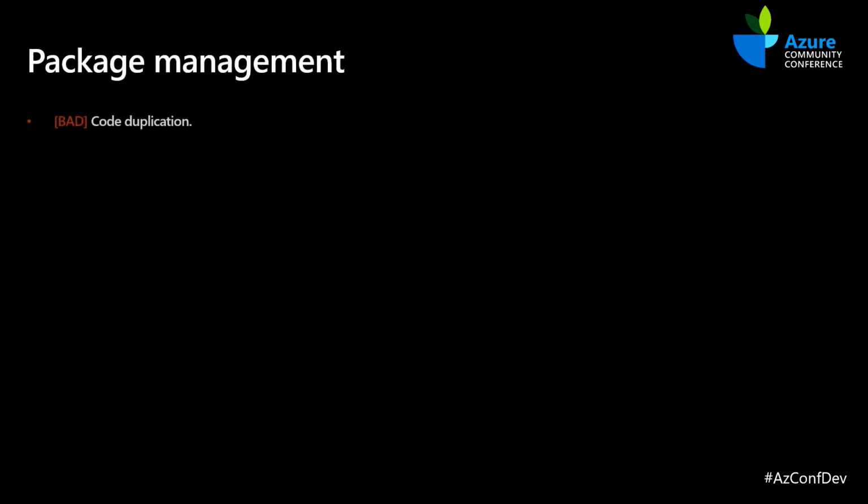We want to avoid code duplication. So what we end up doing is we use the GitHub package registry. For our front-end apps, a whole bunch of functionality is extracted out as NPM packages. In our backend, a whole bunch of common functionality is extracted out as NuGet packages. And we publish those to the package registries.